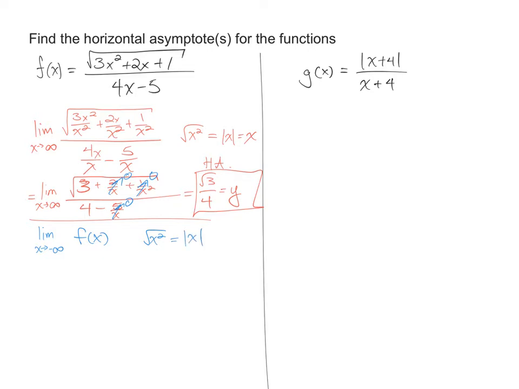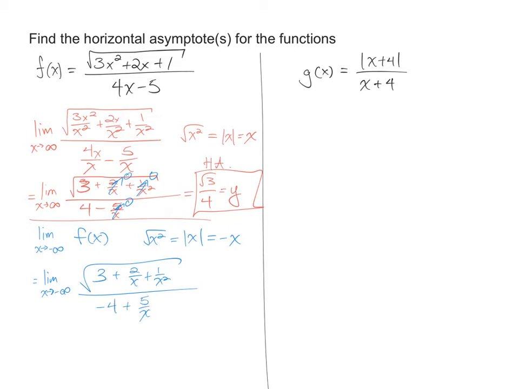But because x is going to negative infinity, the absolute value of x will equal negative x. So we will have the limit as x approaches negative infinity of the square root of 3 plus 2 over x plus 1 over x squared, over negative 4